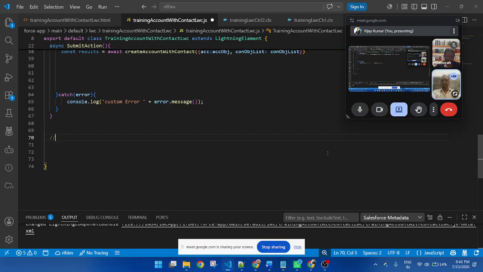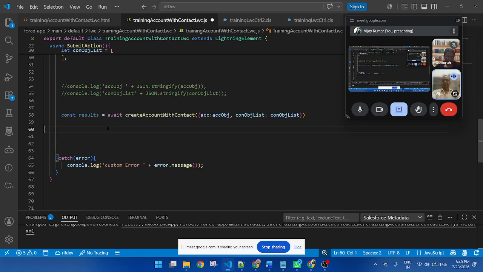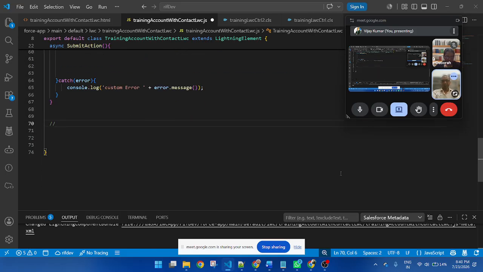Let's create a new toast function, so I'm creating a function for toast dynamically.